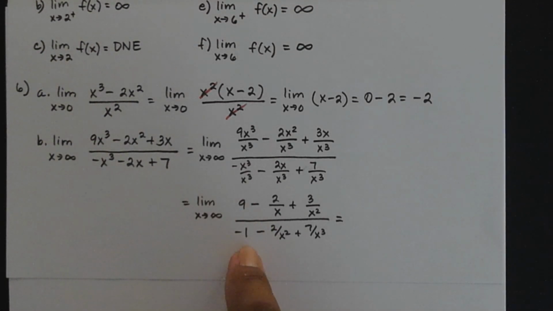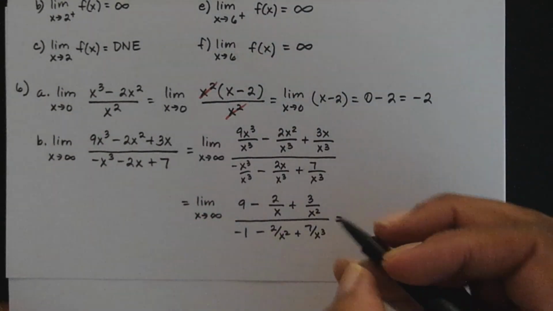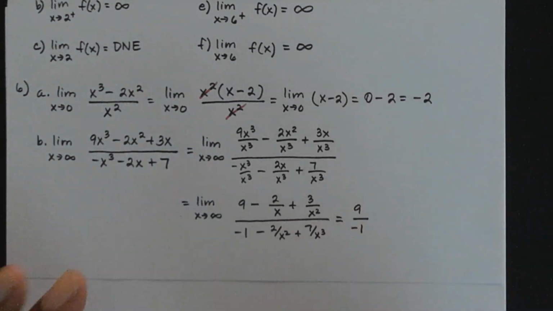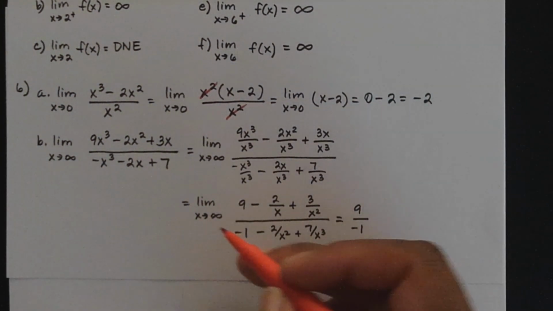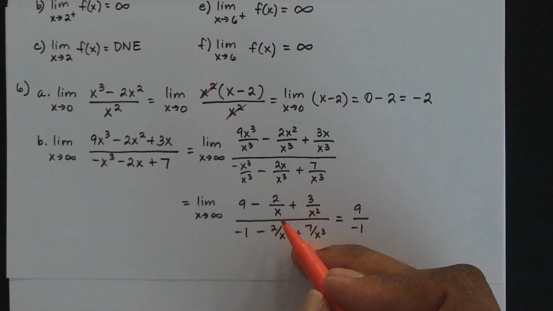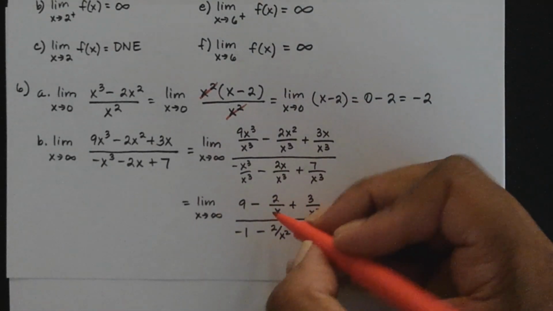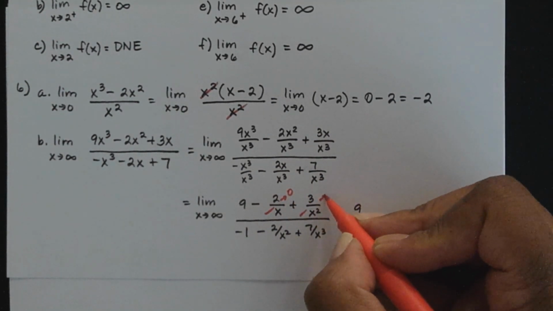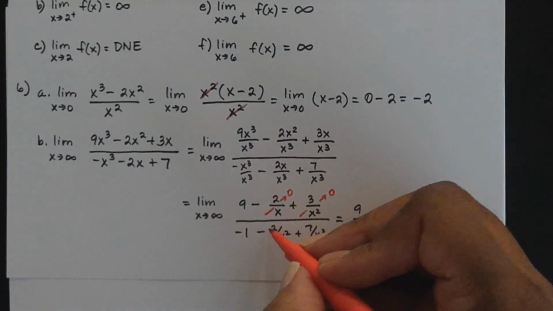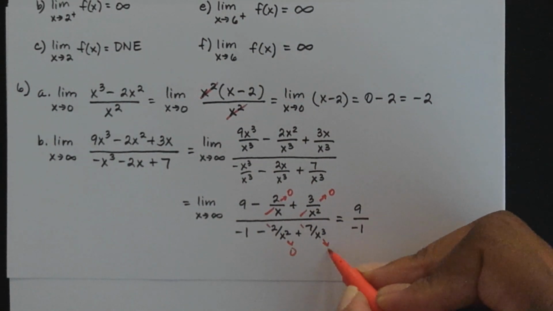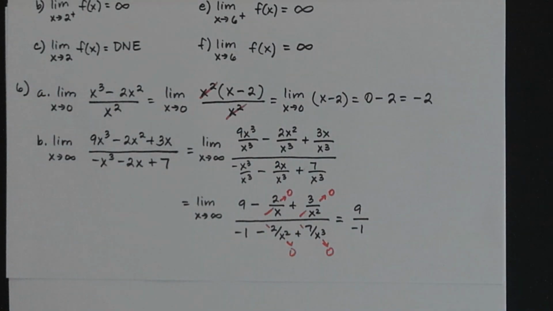Well, the limit of a constant is going to end up being a constant. So the limit of 9 will be 9. And then the limit of negative 1 will be negative 1. But for the rest of these, as we let x approach infinity, 1 over x to whatever my exponent is will be getting closer and closer to 0. So these terms right here will get closer and closer to 0 because of that rule that says that